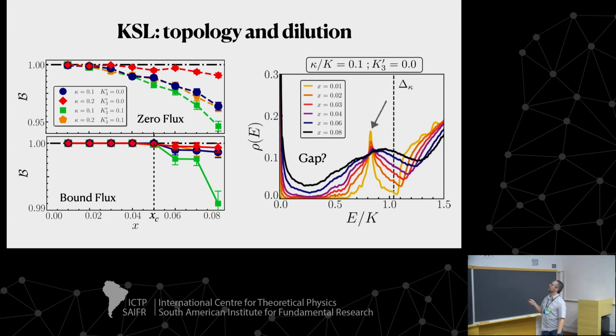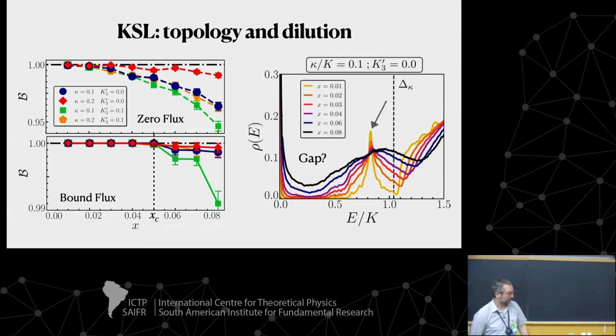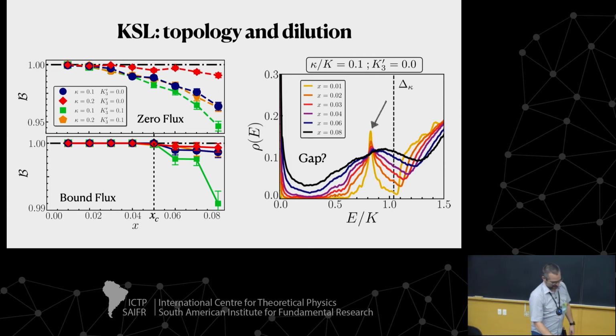This is the density of states, again, for the bound flux. When you start to put vacancies, you generate a new state inside the gap. The vacancy states, instead of just filling up the gap, go into this state here. There's an in-gap state, a localized state, which protects the topological gap and keeps your